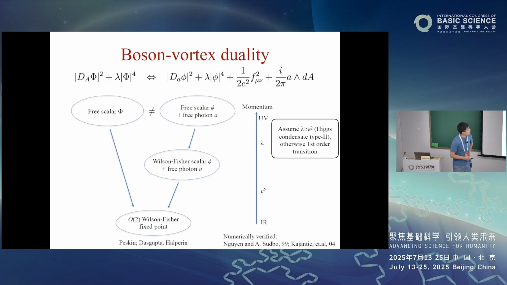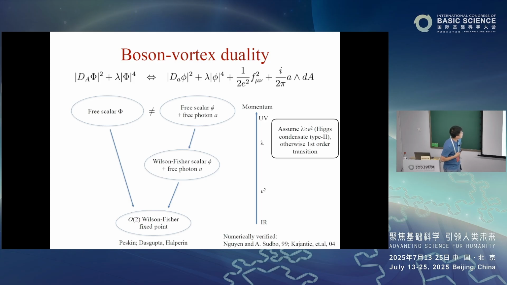Let me give you a canonical example that's very well known in the condensed matter literature. It's a non-trivial example in 2+1 dimensions involving strongly interacting theories and no supersymmetry. It's a story that's been known since the late 70s, early 80s. It's known as the boson-vortex duality in 2+1 dimensions, or 3D.